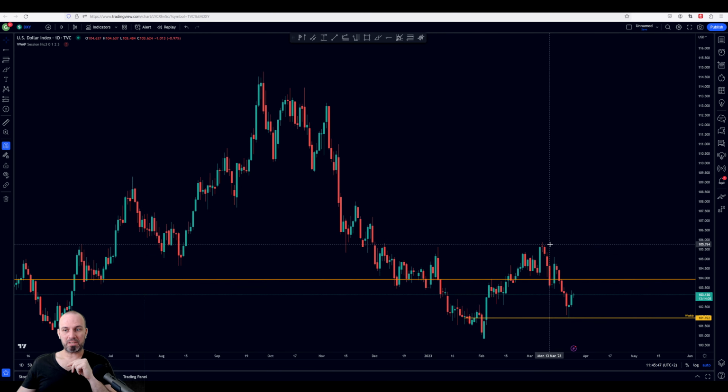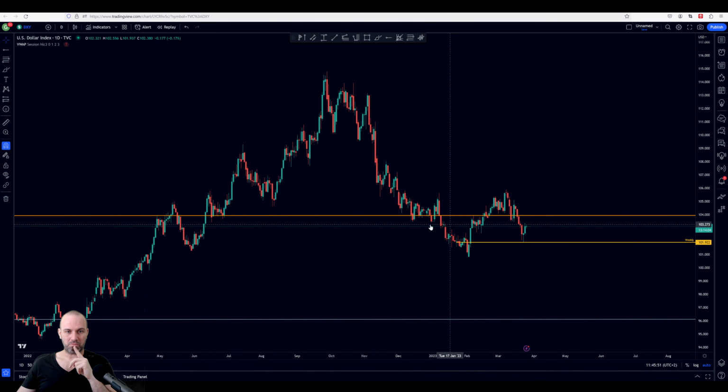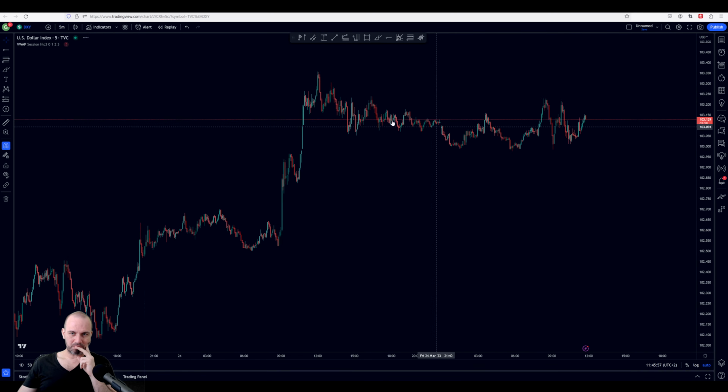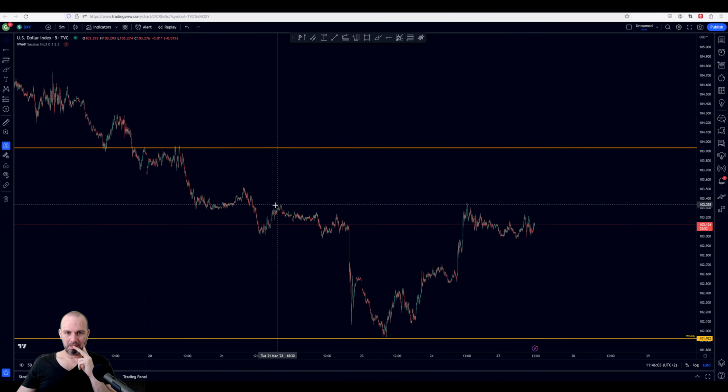Still, this is consolidation. In my opinion, this is still consolidation. So the price is still consolidating somewhere in this area. Let's go on low time frame. Oh, even on low time frame, we're basically consolidating. So we do have this area. The price took this high. We're consolidating. So yeah, it's going to be an interesting